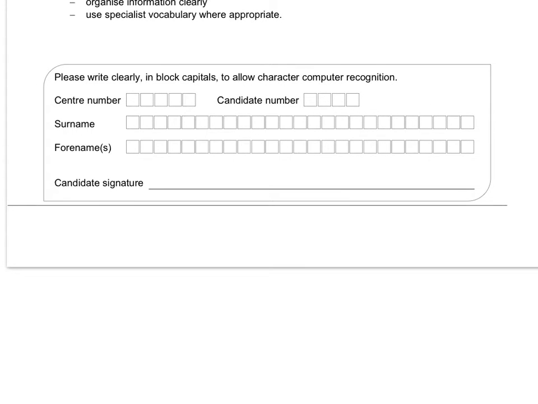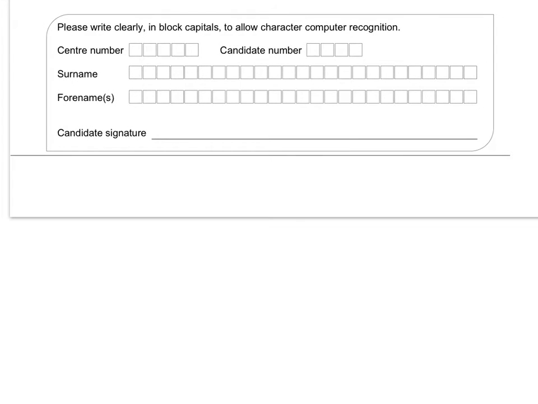The centre number for here is 15604. The candidate number you'll know. You need to write in your surname, your forename, and you also need to sign as well. So let's have a look at